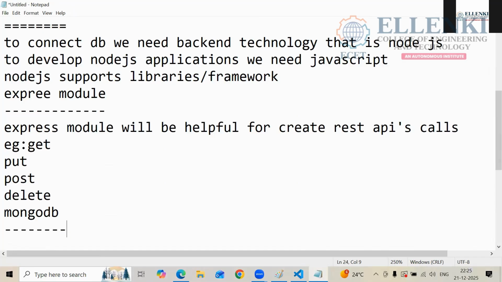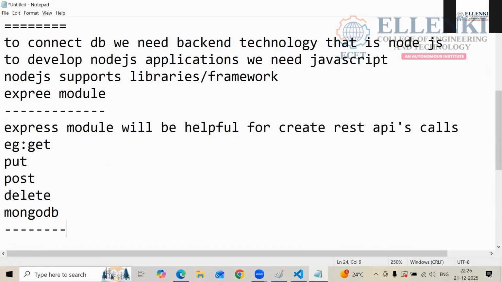So from this Node.js, it has to connect with the MongoDB, which means we are having the MongoDB module. This module is connecting with the MongoDB. We are having two MongoDBs. Once again, I am saying that is the MongoDB, that is the database.